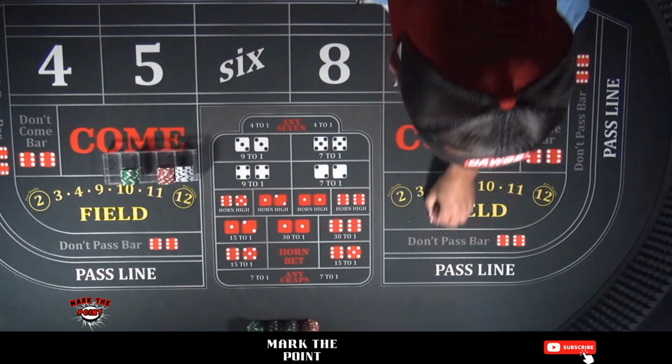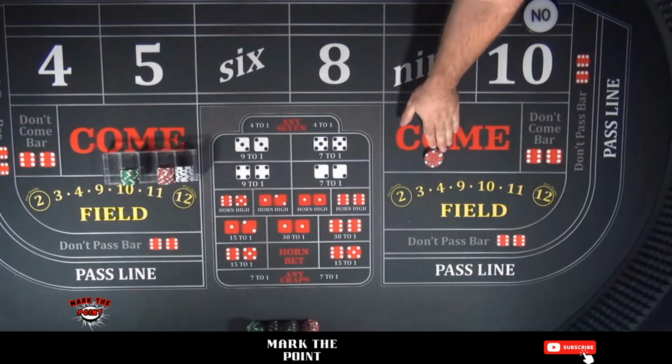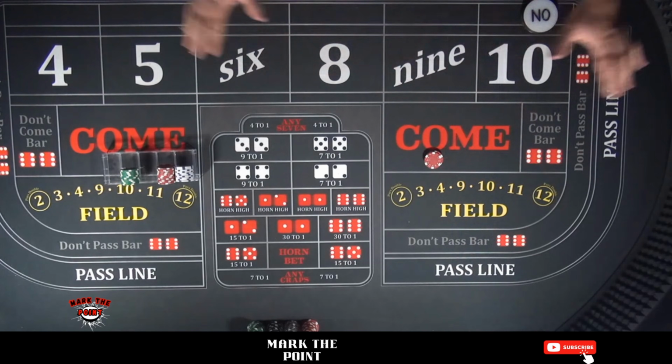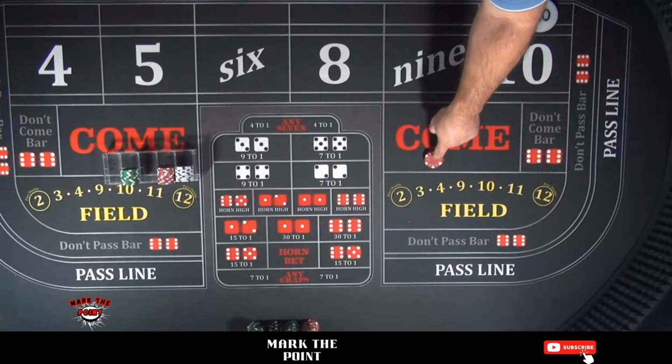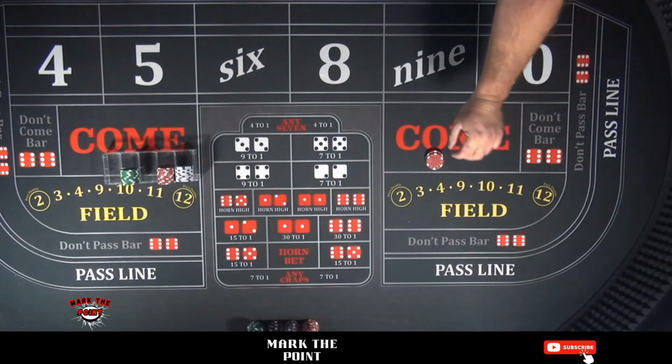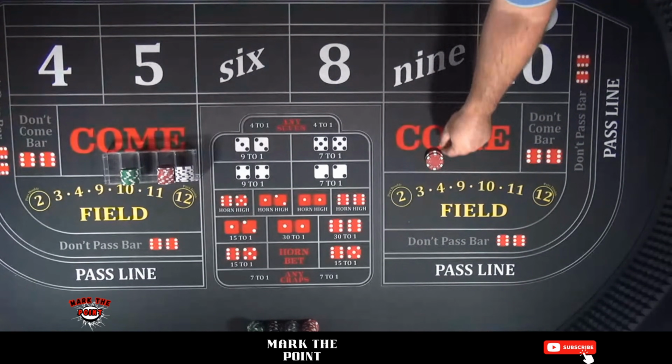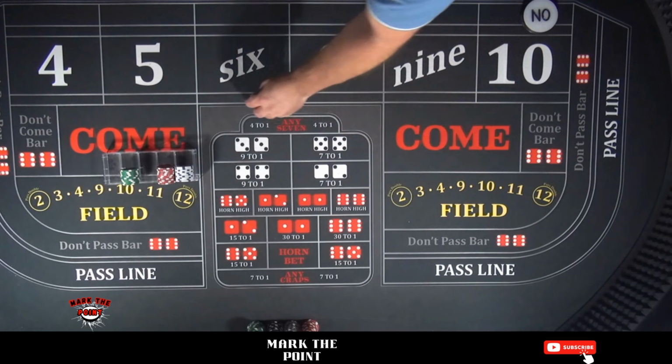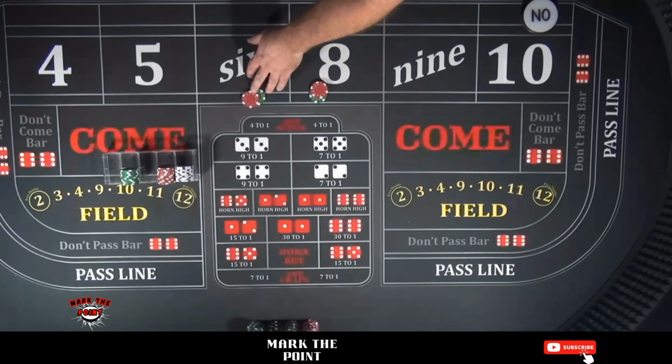But if they see this bet right here directly in front of you in the come, they're going to ask you before they do anything else or before they move around. They're going to look right at you and say, "What is this for?" That's when it's okay to say, "Can you put that on my 6 and 8?" And then they'll set you up, at the 6 and 8 at your spot.